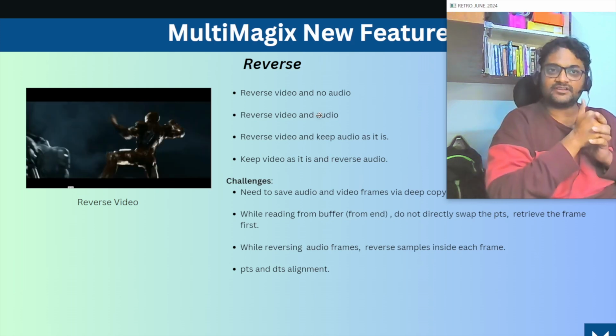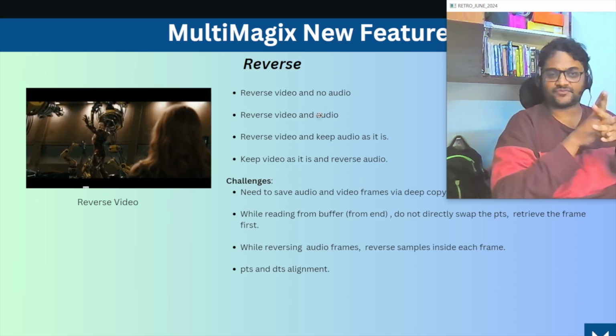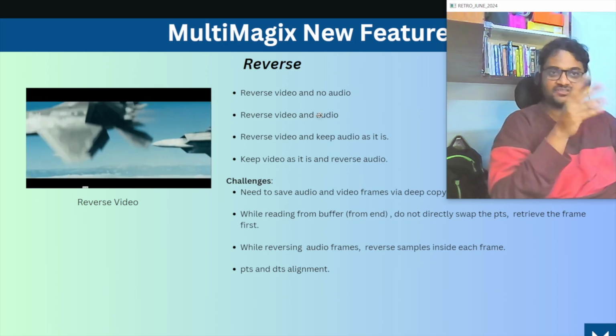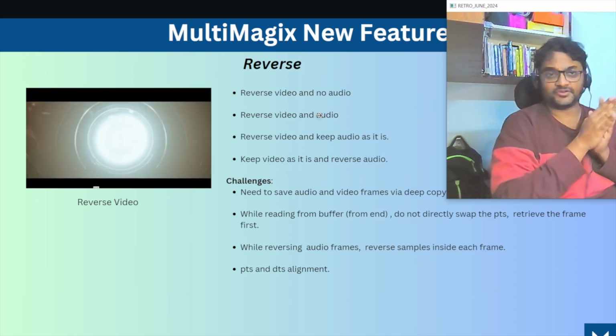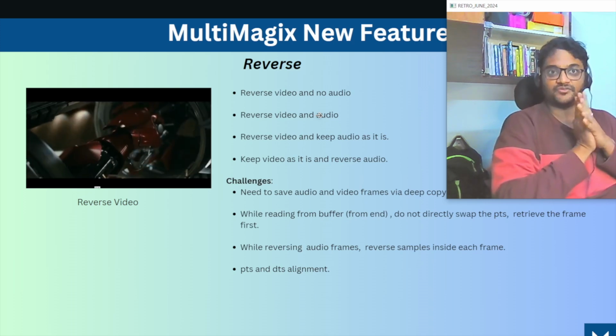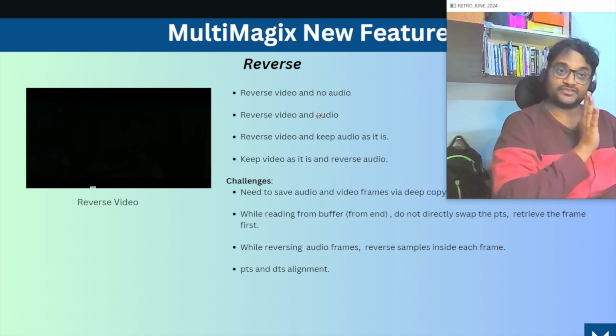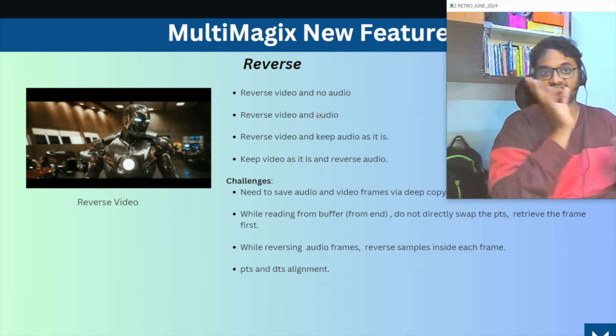So one is reverse video. In general, I don't want any audio, just want to reverse the video. Yes, the MultiMagix product can do that. And if you want to reverse both video and audio, that too we provide. And there are additional options: if you want to reverse video and keep audio as it is, you can do it. And if you want to keep video as it is and just reverse the audio,